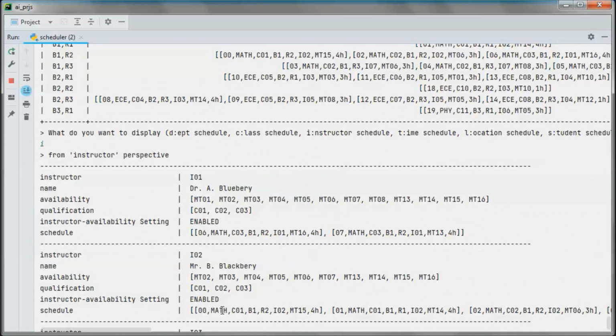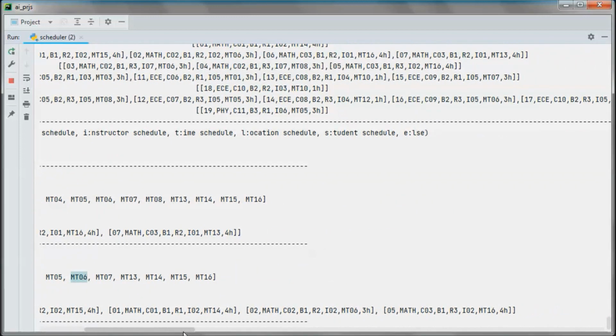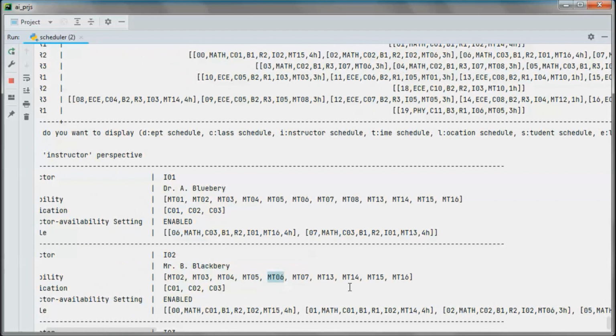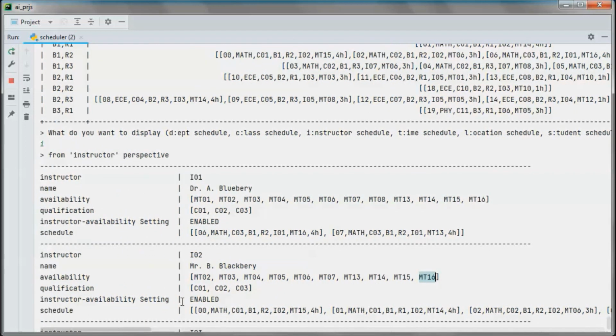And this one meeting time 15 and 14 and 06 and 16, etc.